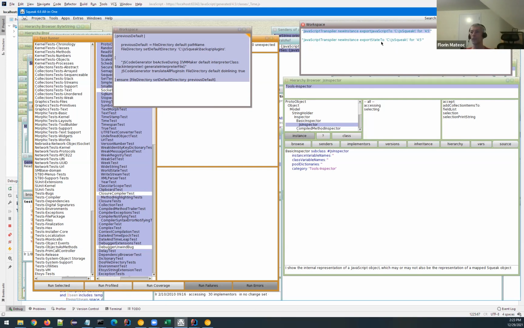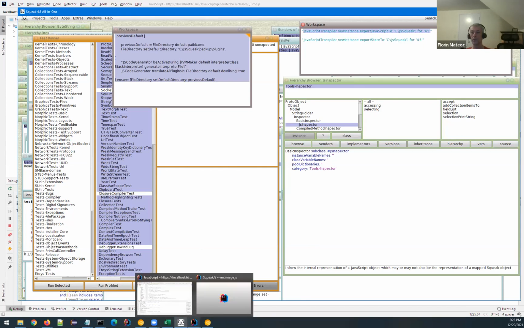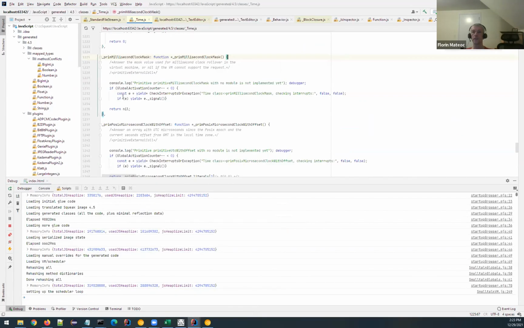So the compilation is only done from the Smalltalk image side, and it's in the form of files, and that's what gets loaded by JavaScript. And this is essentially what the JavaScript world looks like once you generate it. So as I mentioned, there are the plugins which you did once, and then they stay there unchanged for a long time. But then there are also